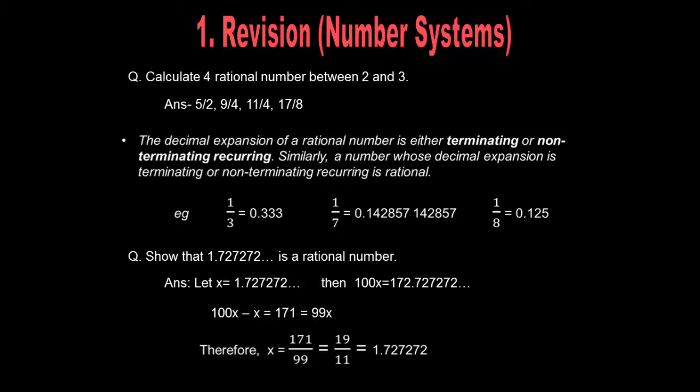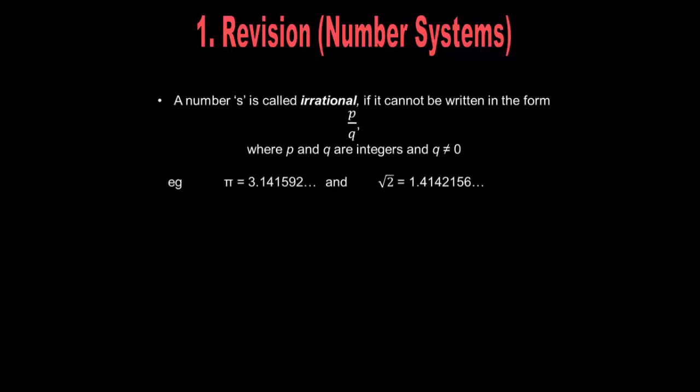So as we have represented this non-terminating recurring decimal expansion in the form of p by q, we can say it is a rational number. Now a number s is called irrational if it cannot be represented in the form of p by q, where q is not equal to 0. Examples for this will be pi, which we know is